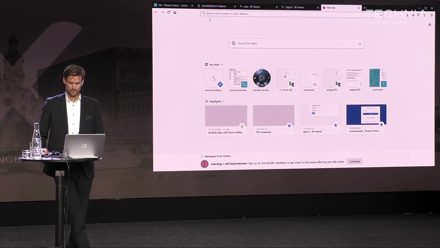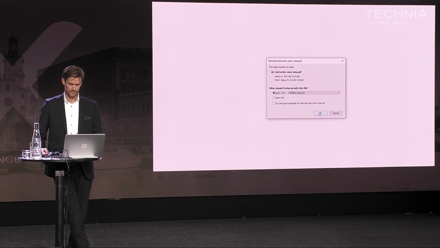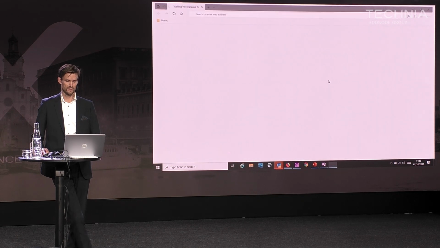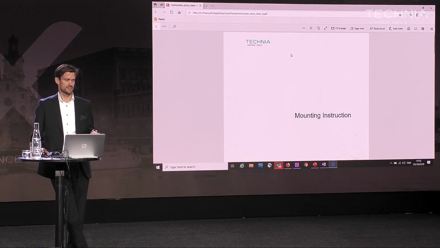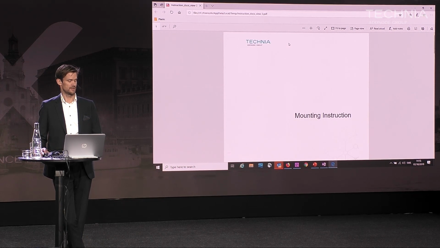What I will do then is, this is the link that the users in the ERP system click to download the file. And here I have downloaded the file from 3D Experience. This is quite a small configuration needed just for this integration. It's like 4 or 5 lines of XML. And in this case, we didn't apply any authentication, so the user didn't have to log in. But you can activate it easily to require the users to actually log in to be able to get access to this document as well. There's another few lines of configuration needed to apply authentication against your LDAP server or to 3D Experience.